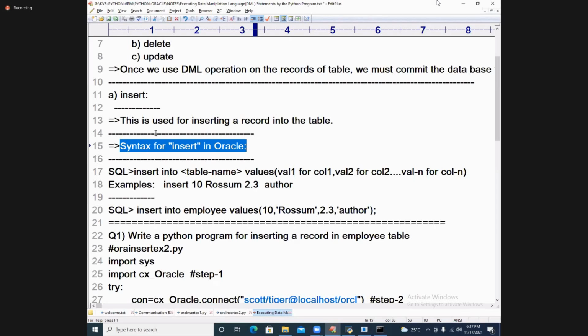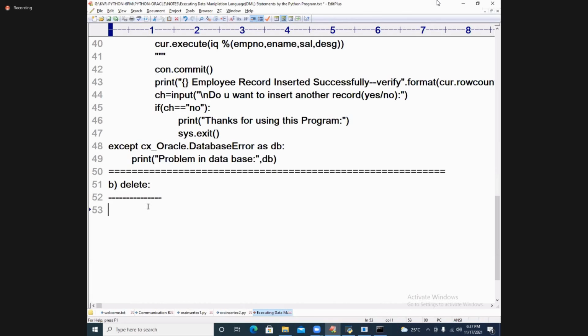Let us go to what we have already seen. Inserting is used for what? This is used for... come on. Yes, my dear students, please tell me. Used for deleting the record from the table.